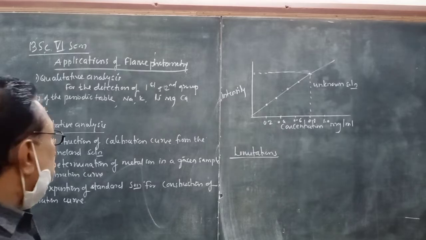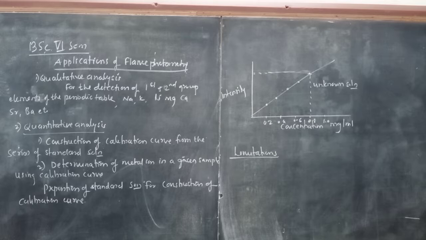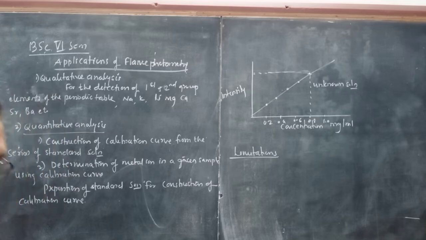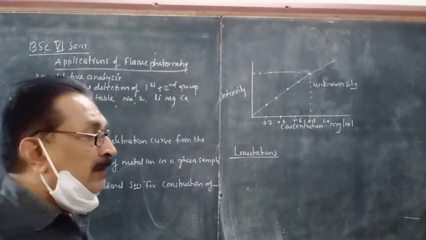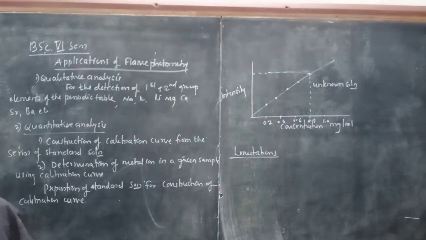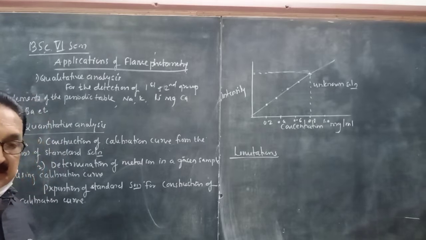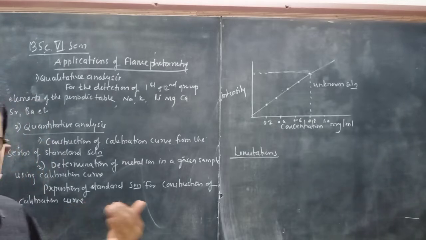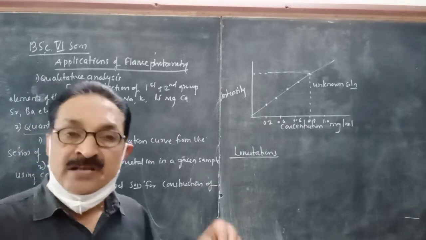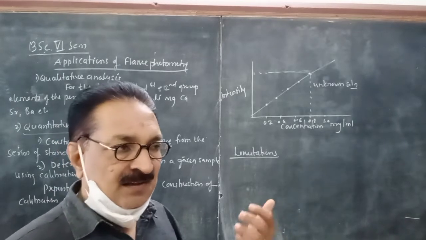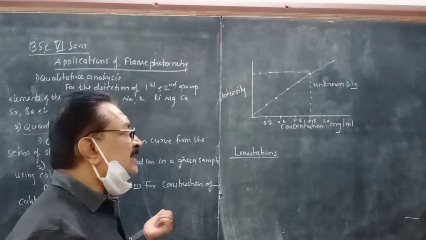Yes, in the previous class, the construction of instrumentation in the flame photometric technique, that part is completed. As you know, when the metallic salt solution is sprayed and comes in contact with the flame, what happens? First, the evaporation of the solvent takes place, the residue is left behind, the metallic residue, and that metallic residue absorbs the heat radiation, that is thermal energy.